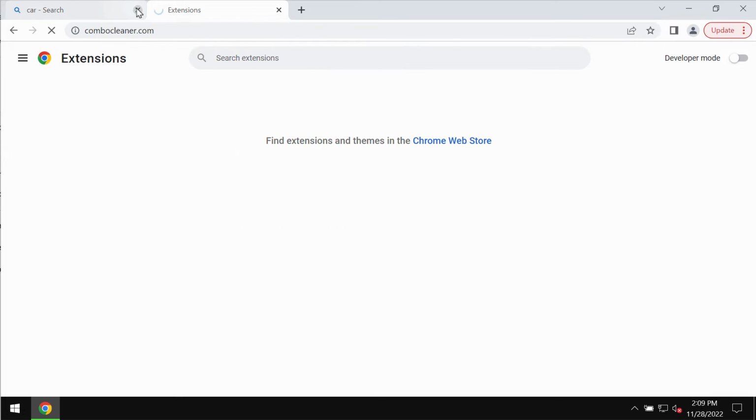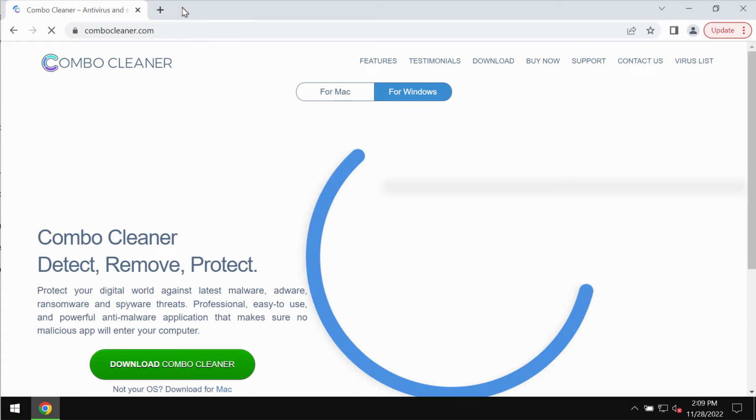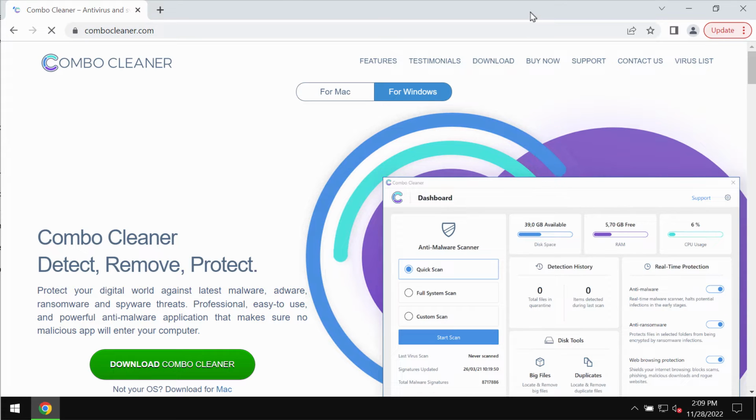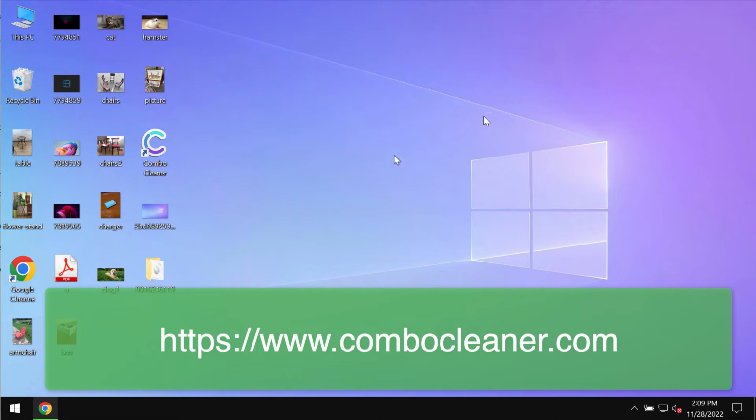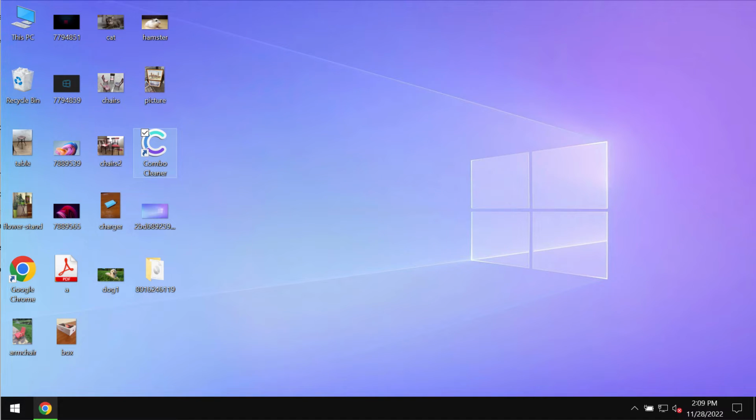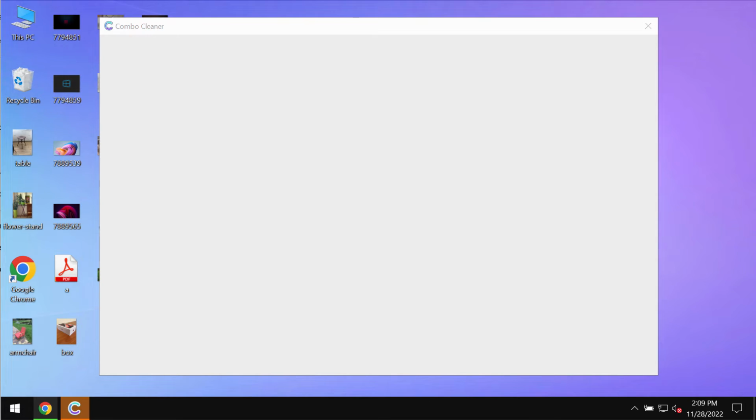I also recommend researching the system with Combo Cleaner Antivirus. You may get it on the official page combocleaner.com. Download the application, install it, and start carefully researching your system with its help to identify and remove other threats